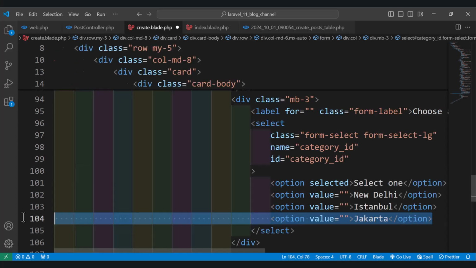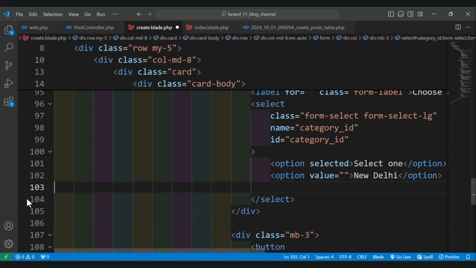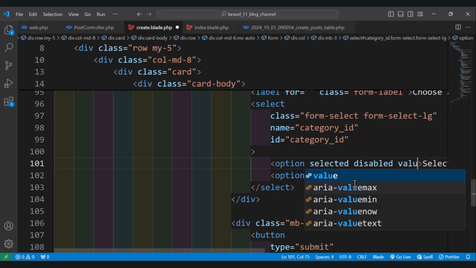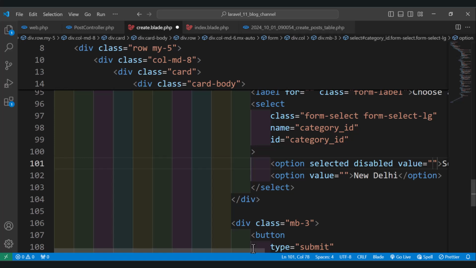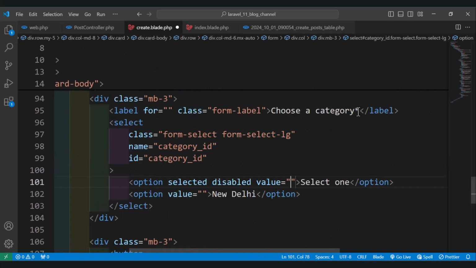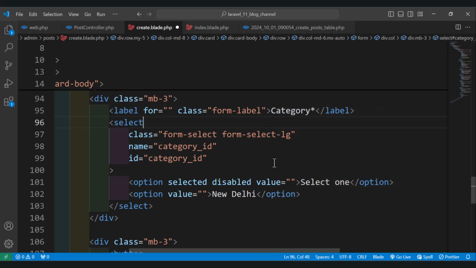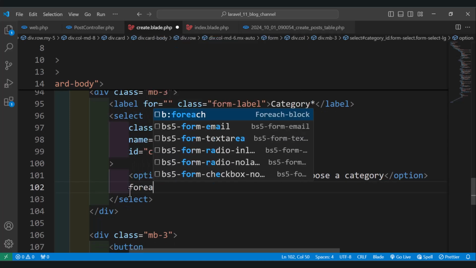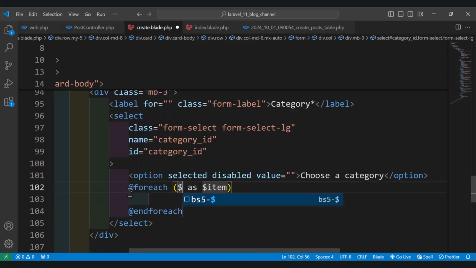Here let's add this one selected and disabled, and value, let's give it an empty string, and let's change it also to choose category. Okay, and here we need to loop through each category and display